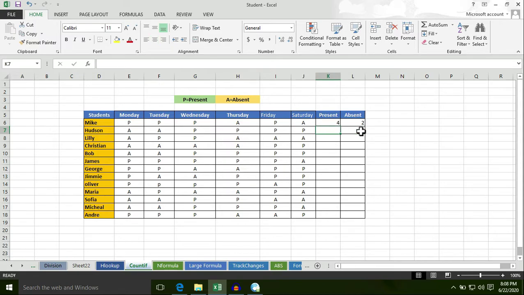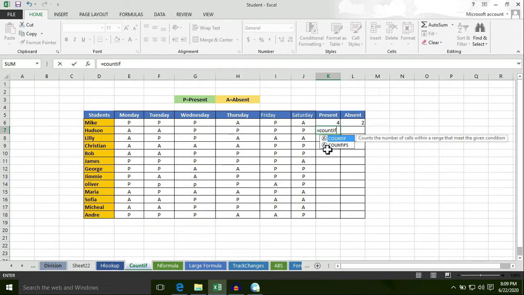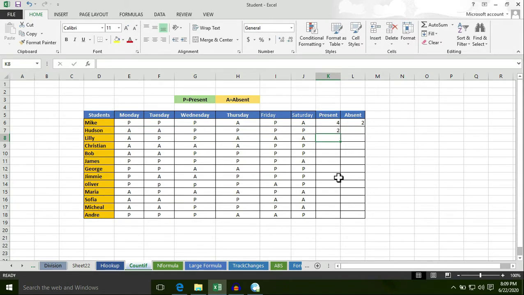Now let's find out the total number of presents and absents of Hudson. First of all, type the equal to sign, then type COUNTIF. Select this whole range of cells, enter comma, then type A in quotation marks. Sorry, I'm making a mistake.